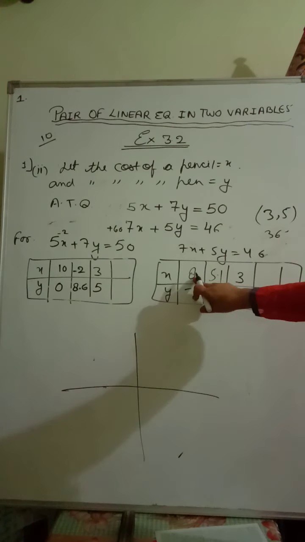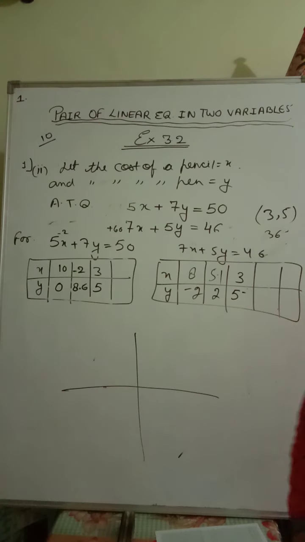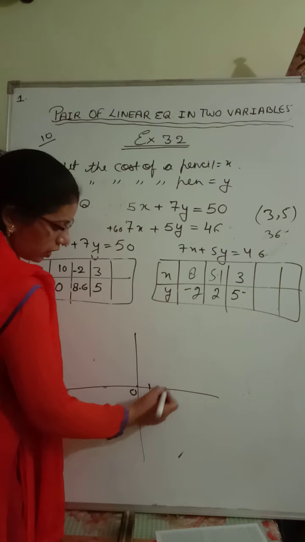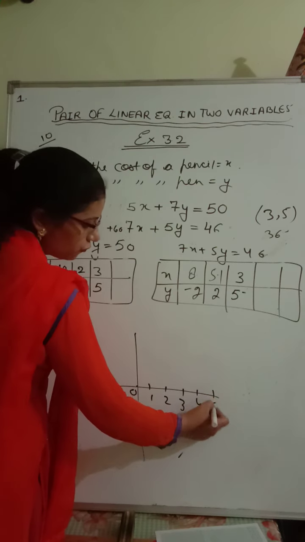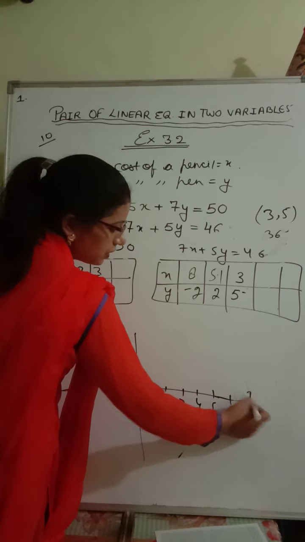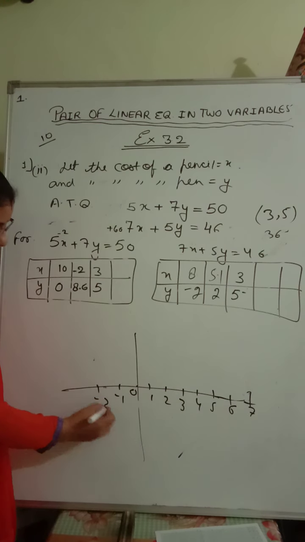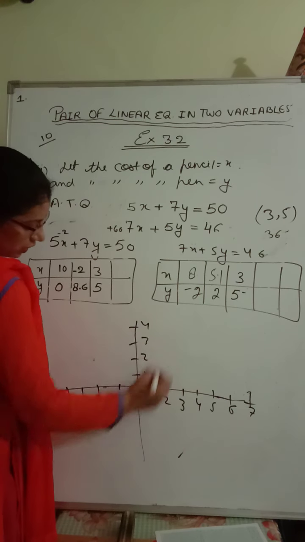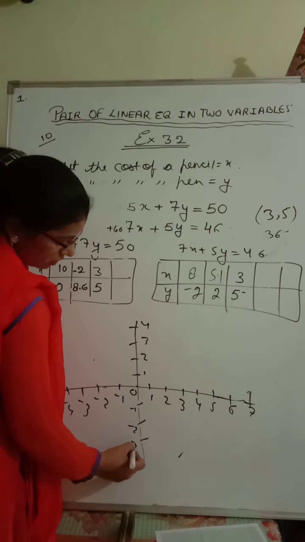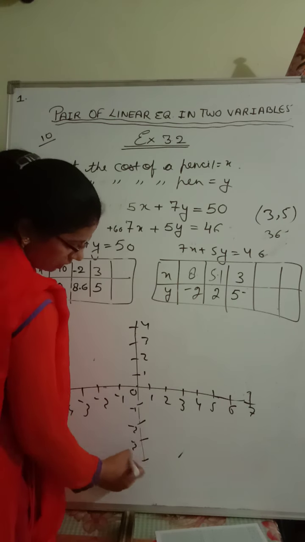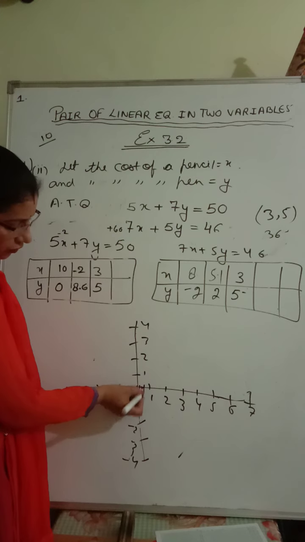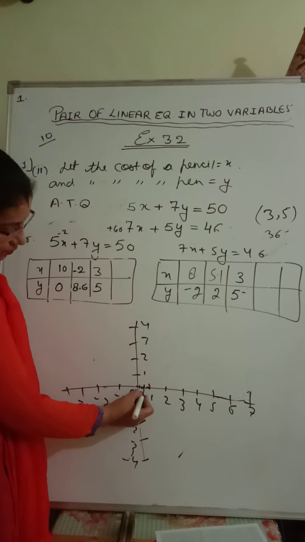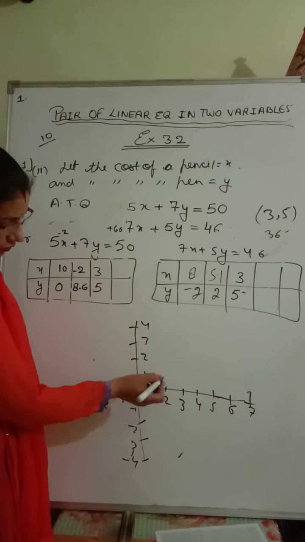What you want? 8 3 2 2 5 like this. So what we can take 1 1 gap. So we'll take 0 1 2 3 4 5 6 7 8 like this. -1 -2 -3 -4. Here also 1 2 3 4 and -1 -2 -3 -4. So first is 10. You know one column is equals to 1. One unit is equals to 1 2 3 4 5 6 7 8 9 10. This is 0.5. 0.1 0.2 0.3 0.4 0.5 0.9.